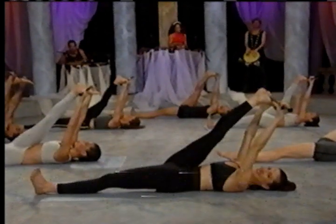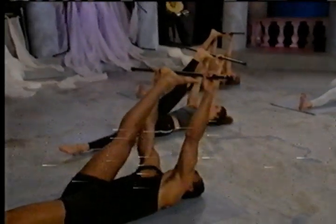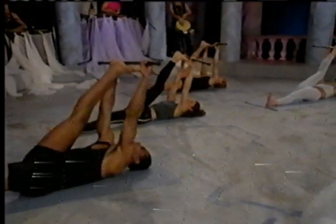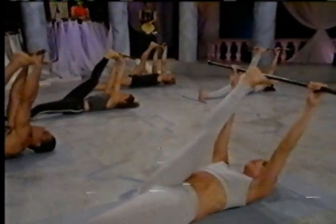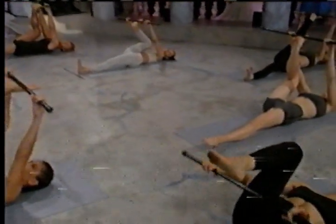Exhale. Again, inhale. Exhale, so you're supporting your whole leg with that bar. One more. Exhale, and now for those of you who would like an even greater challenge, we take the bar behind the